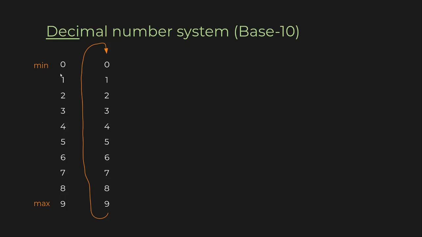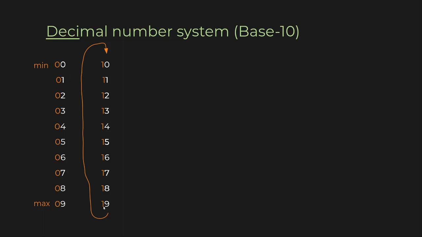We just pick the next digit. Whatever comes after 0 is 1. That's why it becomes 10. So that's why 10, 11, 12, 13, 14 like that up to 19. You can think of it like this is the 0th cycle and this is the first cycle. So this is cycle 0, this is cycle 1. So the rule is, once you reach the maximum digit in that system, you go back to 0 and this time you start with the next number.